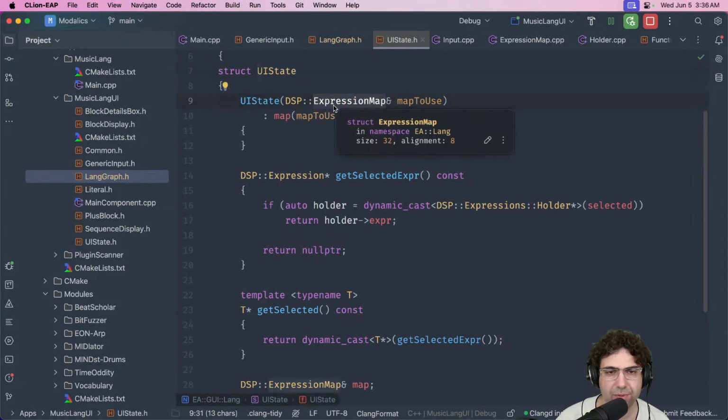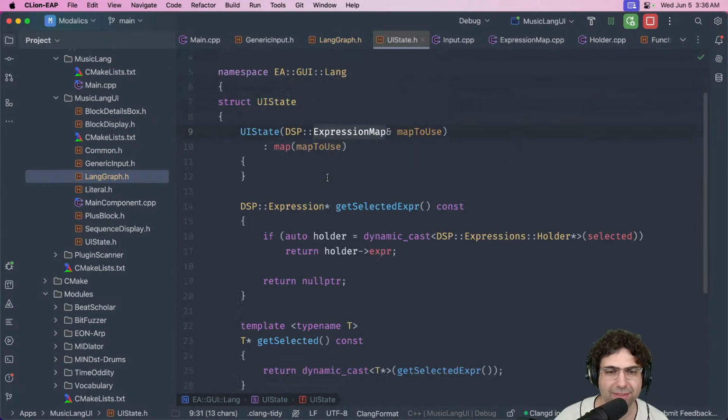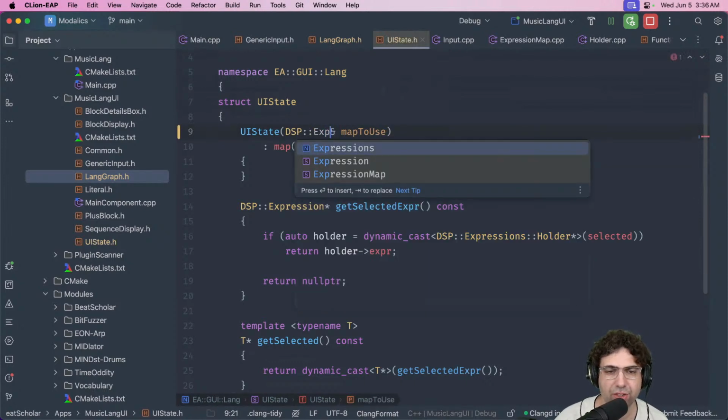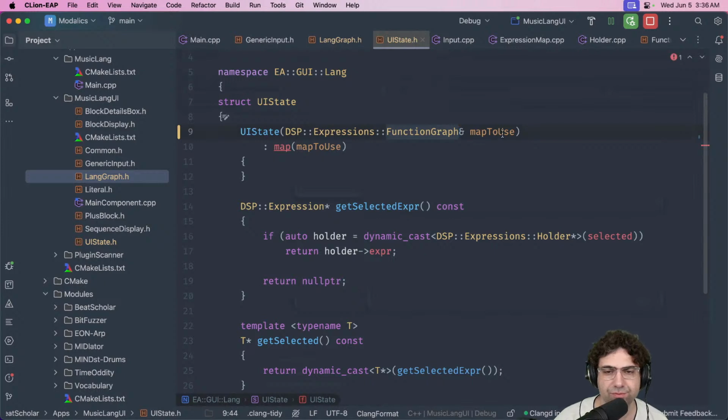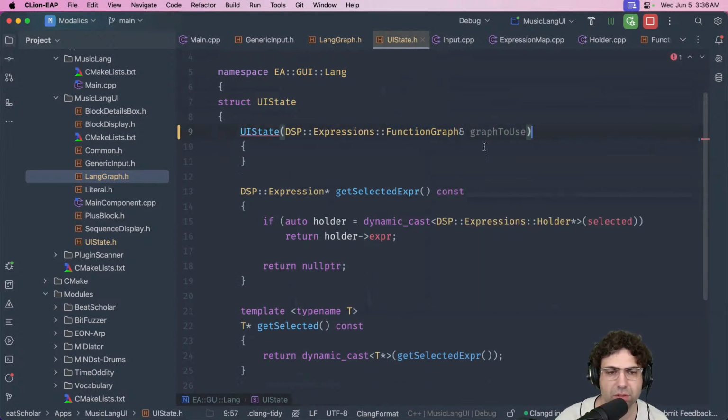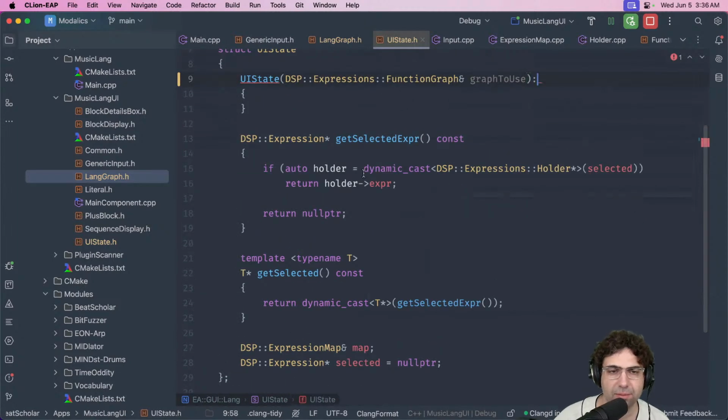Okay, so this needs to be, I don't know what I call this. Probably passed it to a few other classes. That's why I made it like this. But let's make something like expressions function graph to use. And this would have same as that thing before. We just hold the graph.